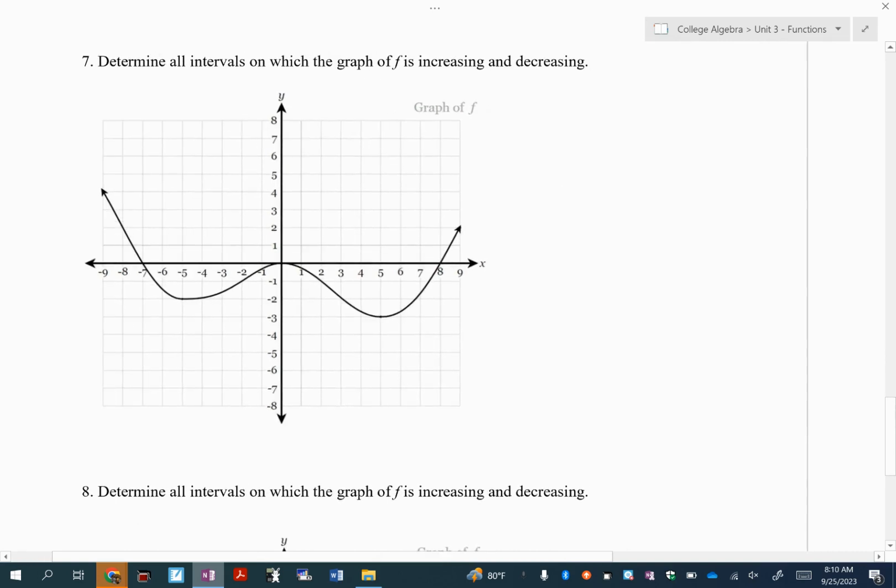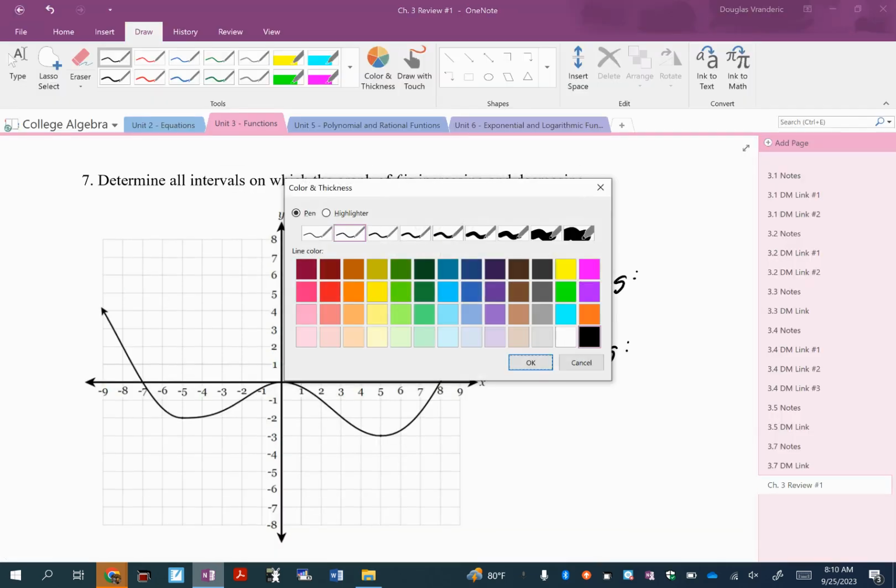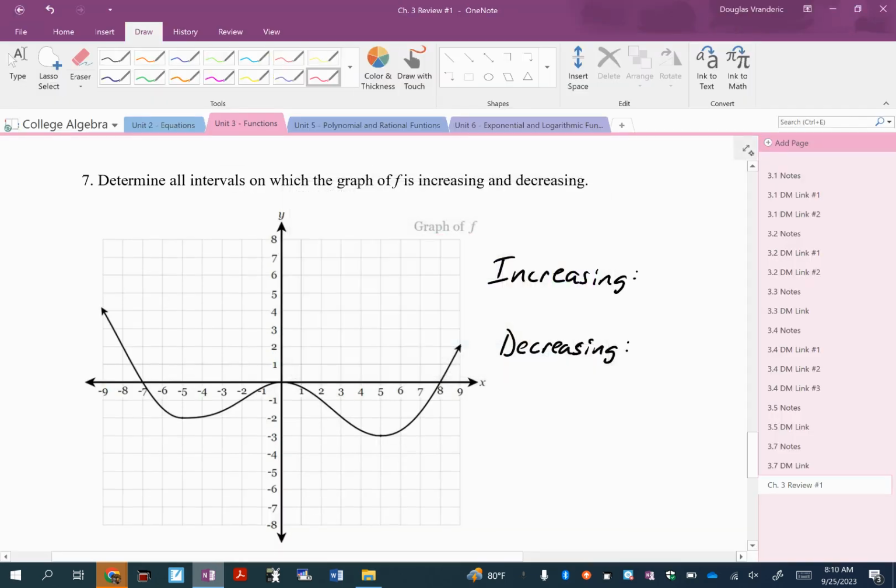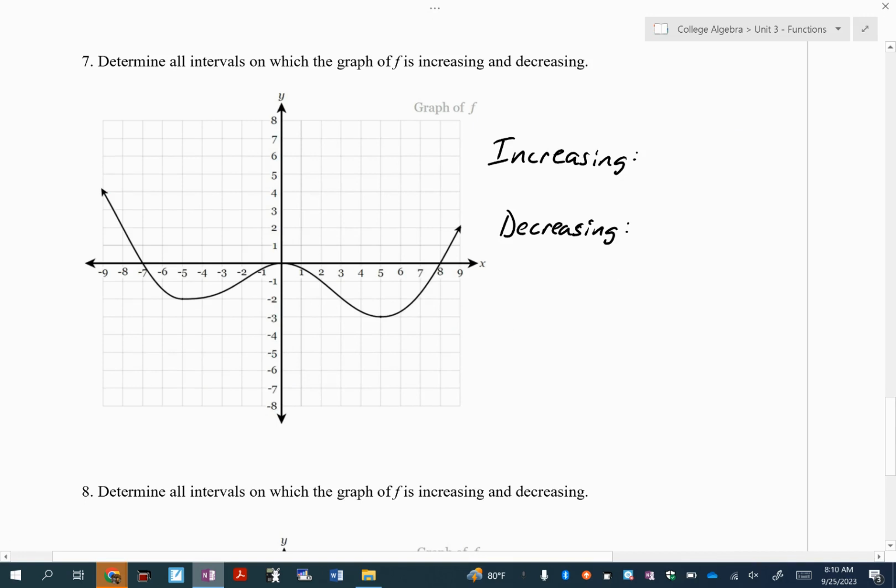For these last 2, we want to determine the intervals on which each function is increasing or decreasing. So with this one, you don't need to worry about using brackets or parentheses. You can just always use parentheses for increasing, decreasing, right? And essentially, you just want to look at what's happening to the y values as you go from left to right. So you'll notice reading this from left to right, I'm decreasing